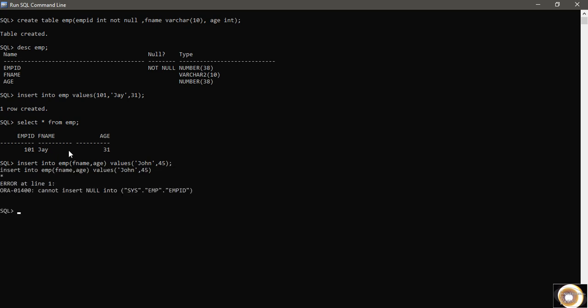Oh, that's an error. Cannot insert null into this. That we were doing. So you have put some constraint in the table that is protecting you from entering the wrong values. So it is maintaining the integrity of your database. It is maintaining the integrity of tables present in the database. So in this way your consistent database will be generated. Okay, this was the not null constraint.